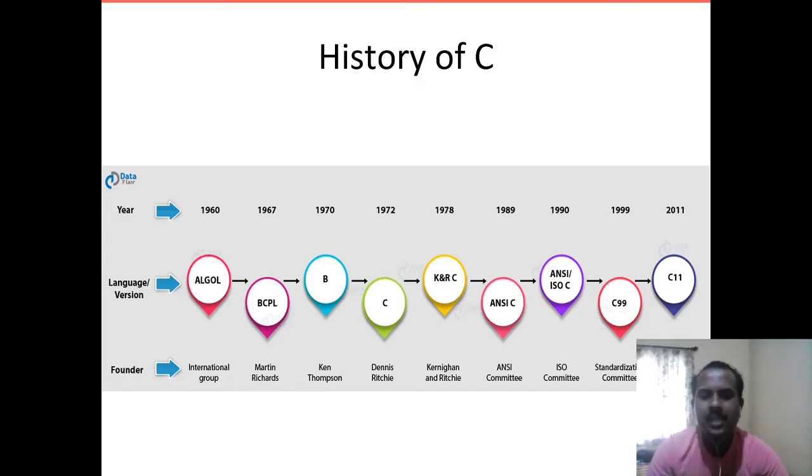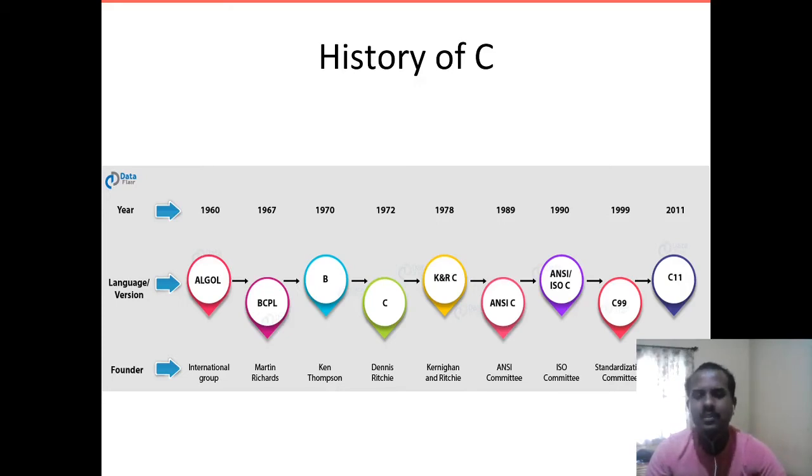In 1967, Martin Richards invented BCPL, Basic Combined Programming Language, influenced by ALGOL, and in 1970 Ken Thompson invented B, influenced by BCPL. But both BCPL and B are typeless languages.